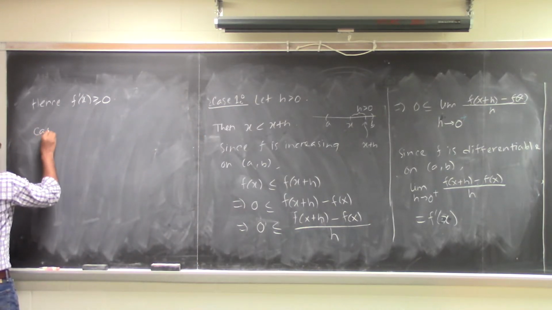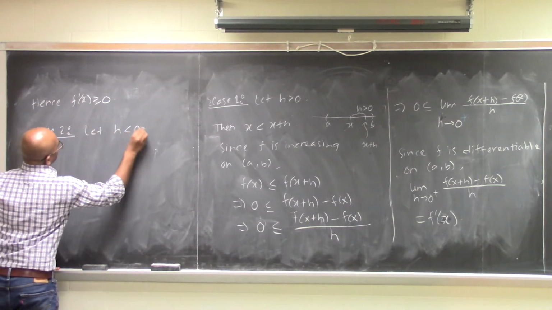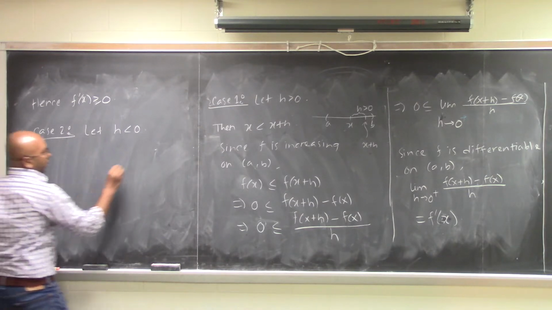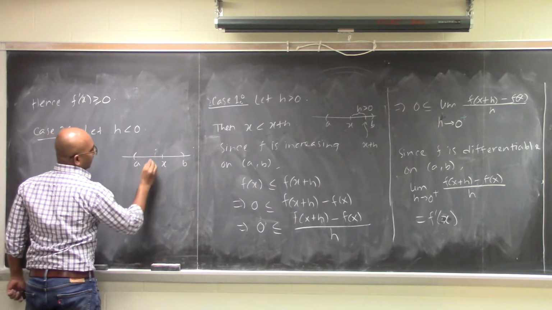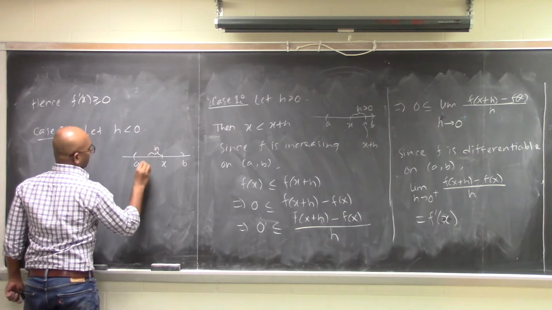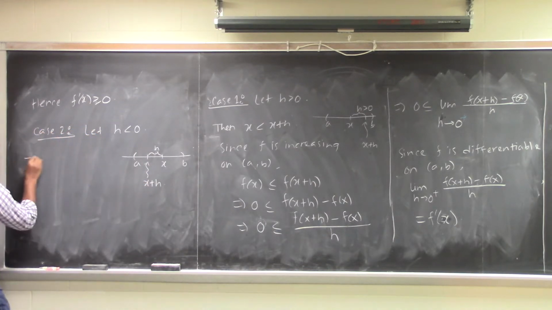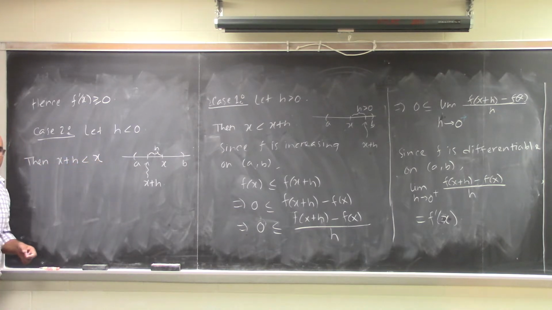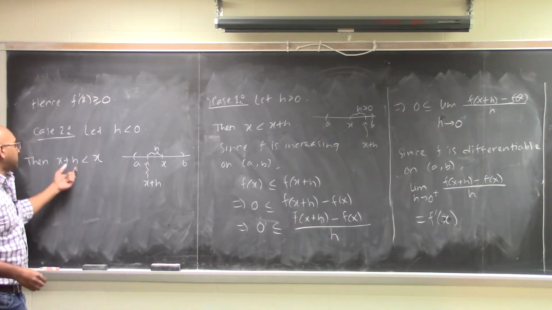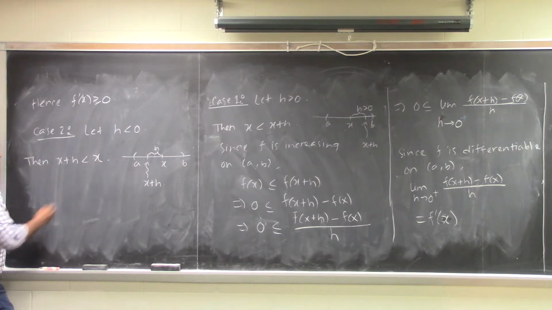Now case 2: let h be negative. Okay. And then what happens? So x is here. Since h is negative, h should be like this, and so this is x plus h, right? Then x plus h is less than x. H is negative means for x plus h, you are subtracting something from x, so it is getting smaller. Just like the previous step, since f is increasing,